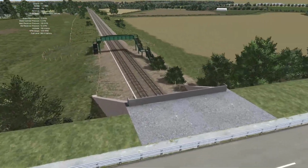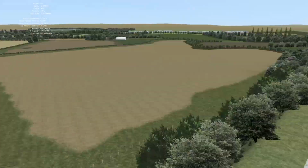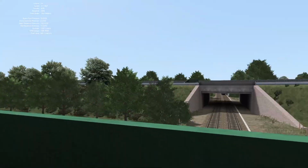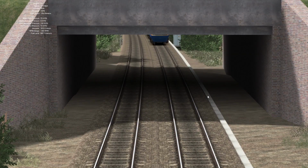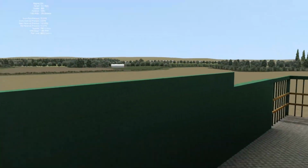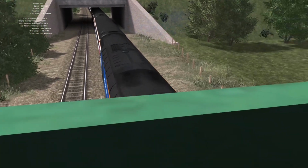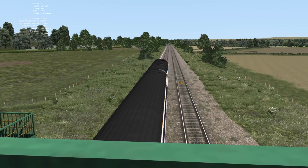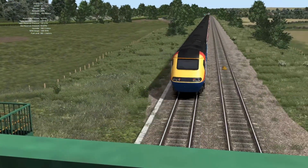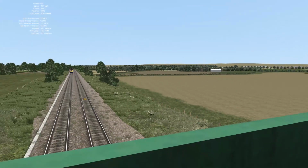We've got a nice motorway at the top here, looking quite nice. What is this? The M1, M4? Probably the M1, I imagine. Have we got something else coming the other way? Or no, it's just us. I mean, the detail is stunning. It really is, but it's just...